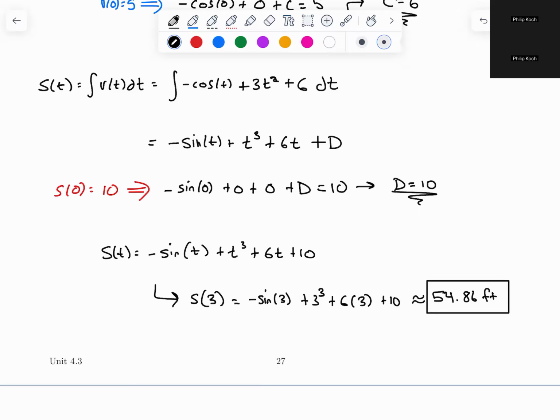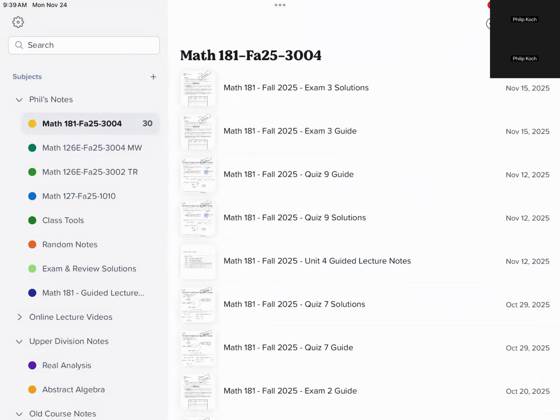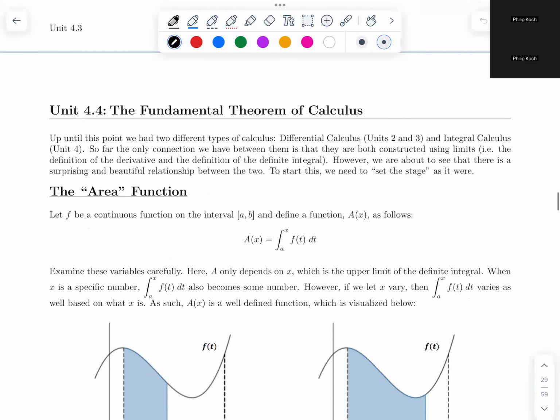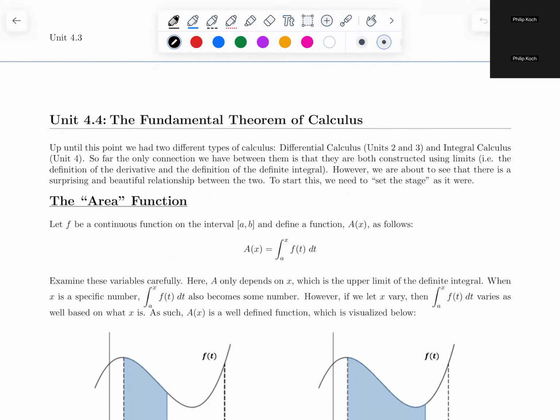All right. So, oh, wait, no, we don't need this. This isn't my other class. Unit 4.4, the fundamental theorem of calculus. You've probably heard that terminology before: the fundamental theorem of algebra, the fundamental theorem of arithmetic, the fundamental theorem of probability, or what they usually call the fundamental counting principle. The reason they're called fundamental is that in order to be called a fundamental theorem, you must be so central to a concept that it becomes iconic. And so,